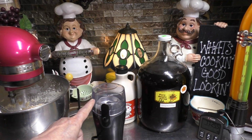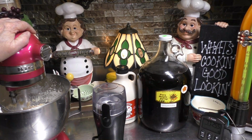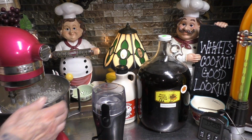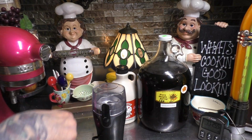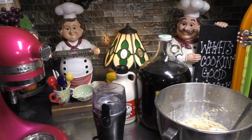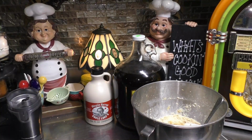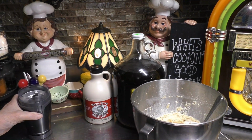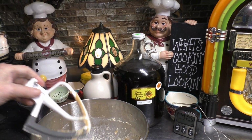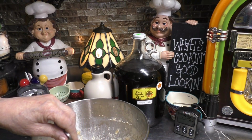So I'm going to set my coffee grinder up. I'm going to remove my mixer so I have some workspace, and I'm going to take my bowl off right now, and we're just going to set it over here for safekeeping. I have my coffee grinder all plugged in. Now I'm going to remove the mixing paddle, and then we're going to grab,